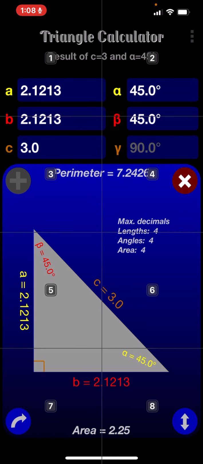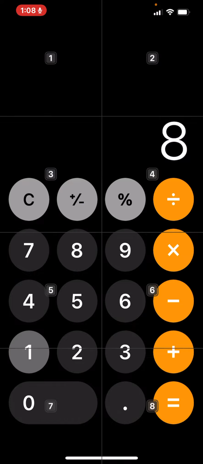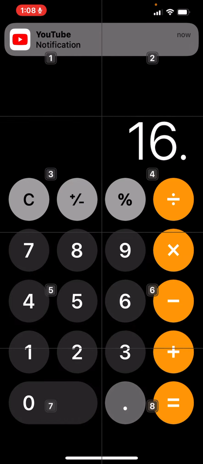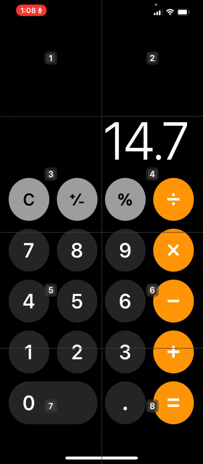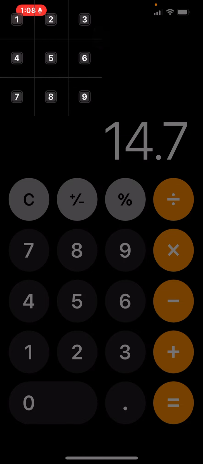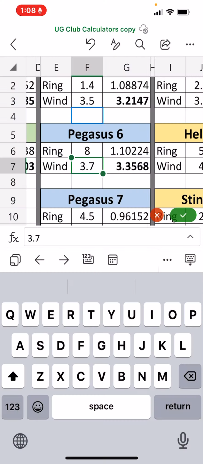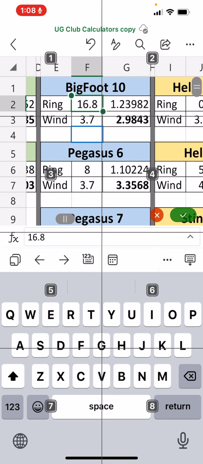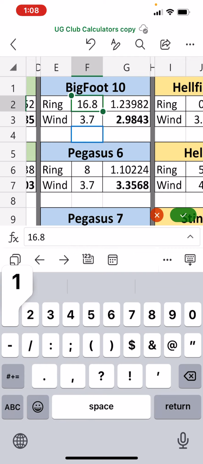And now we're going to go to the calculator, and we're going to go 16.8 minus 2.1. That gives us 14.7 that we're going to put into